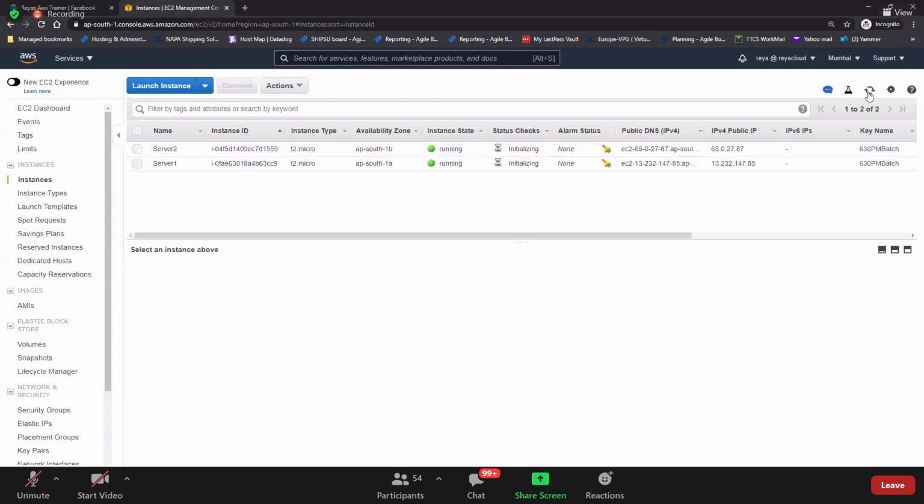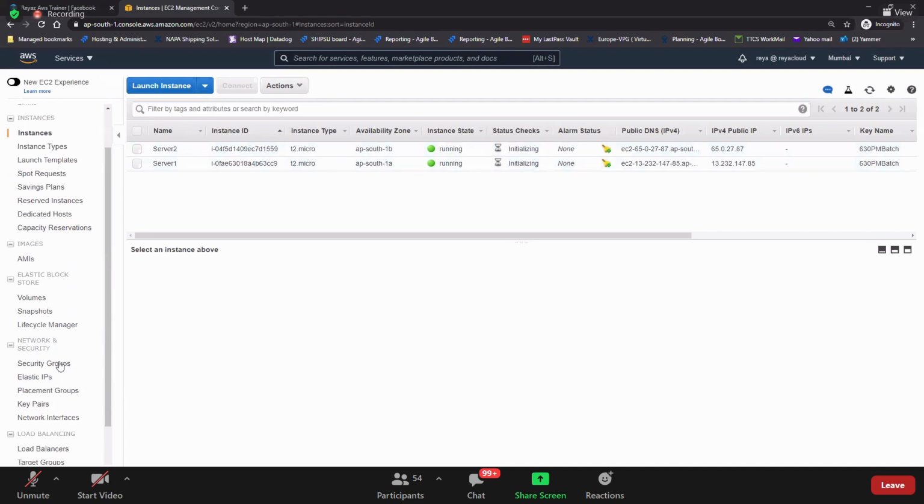Okay, so guys, and also, do you remember that in order to access our website on security groups, what is the protocol we should enable? HTTP.